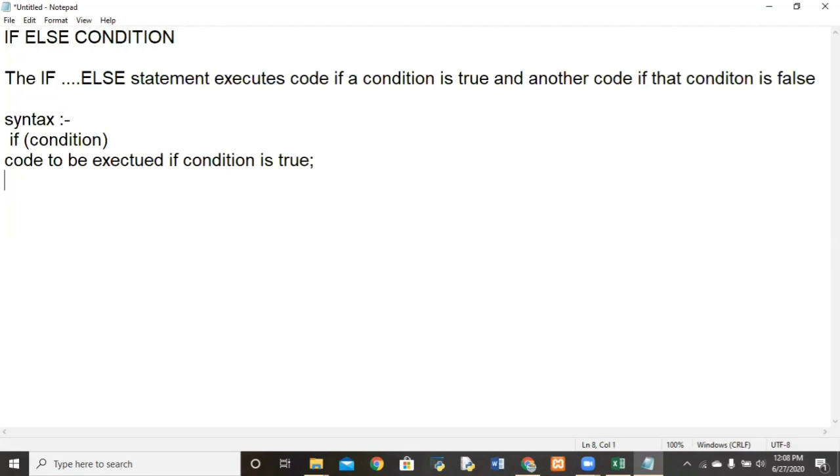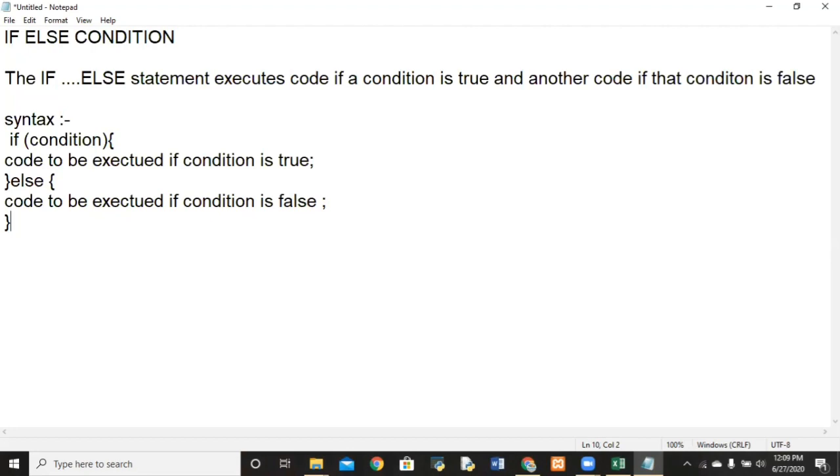Okay, now I closed this in the syntax, as I was starting after the if condition. Here I started it and here I closed it. After that I wrote else here, and started the block, with the code to be executed if the condition is false. So I'll be writing here those codes which will be executed only when the condition is false, ending it with a semicolon and after that closing this else statement. So this is my syntax for the if else condition.